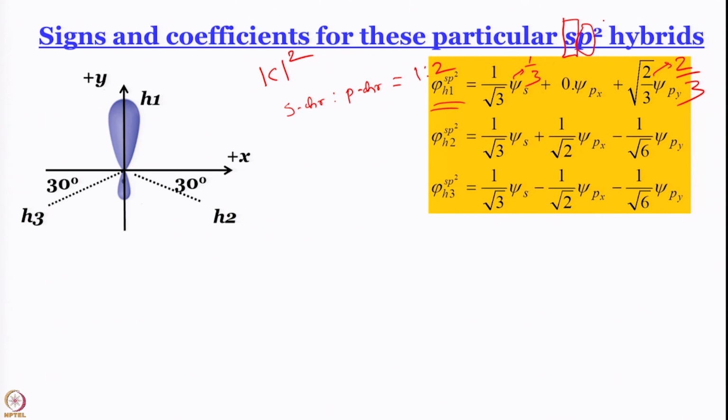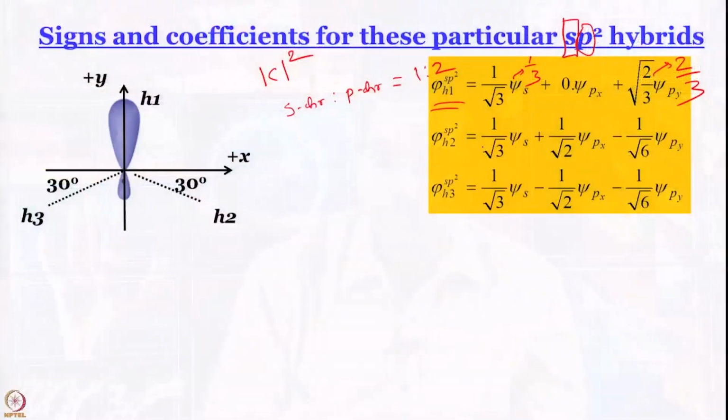I should not have said that now because that is a little bit of a spoiler for what I am going to say after this, but it is okay. So, contribution from P orbital has to be twice the contribution of S orbital, that is the meaning of sp2. It does not mean that exactly one S orbital has to mix with exactly 2 P orbitals. We are dealing with wave functions here. So, scaling, remember scaling, the scaling and all can be done.